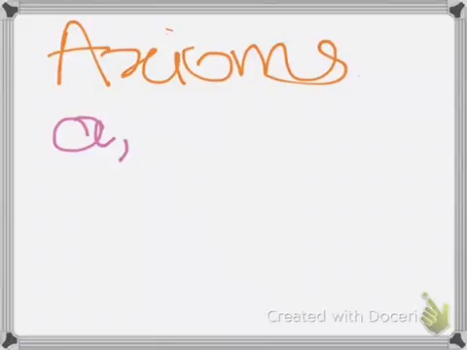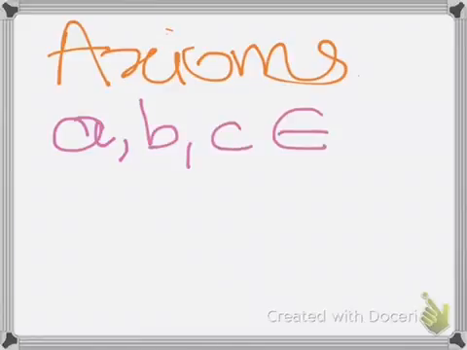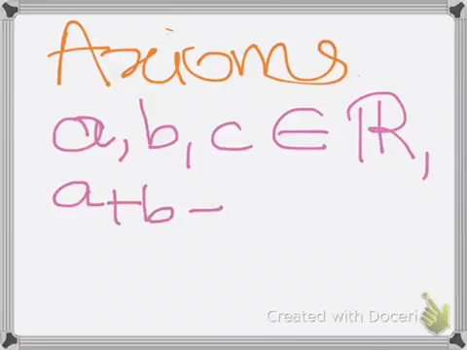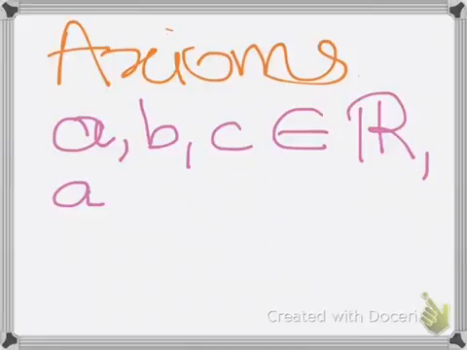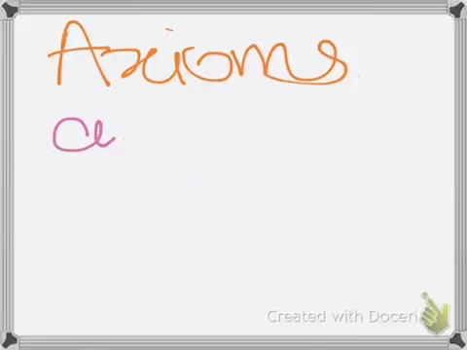advanced proofs. Okay, so the third axiom is: if A, B, C belong to the set of real numbers, then A plus B, plus C, is equal to A plus B plus C. So this is another assumption. This is the third axiom. And the second last axiom is